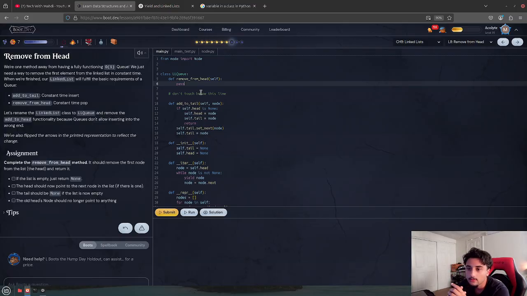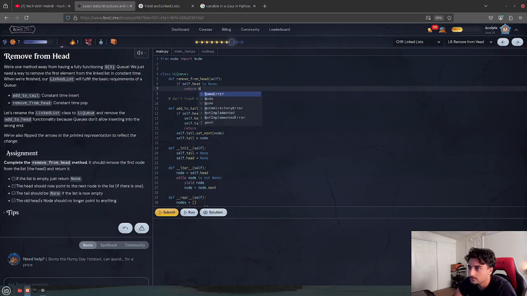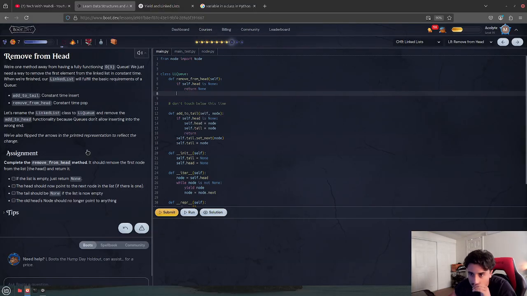So, if self.head is None, return None. Step 1 is done. The head should now point to the next node in the list if there is one. Else,